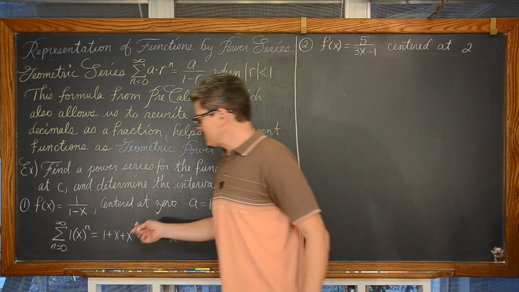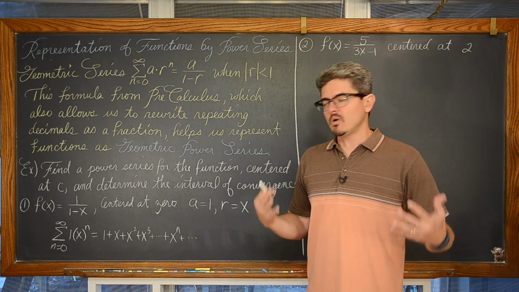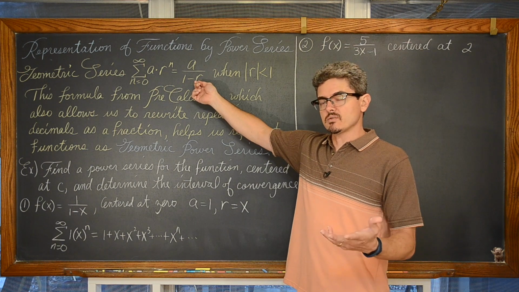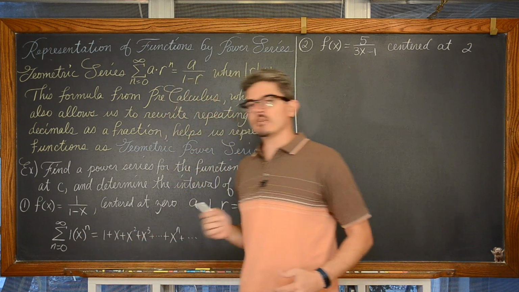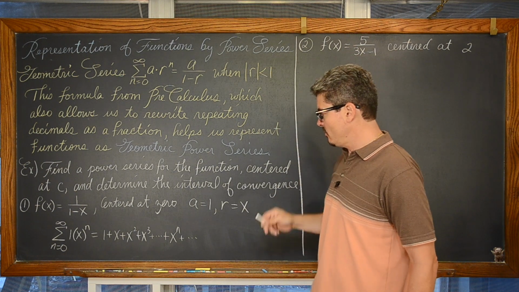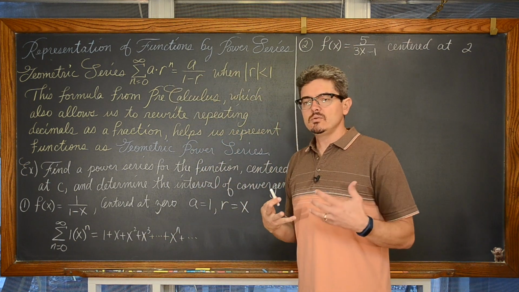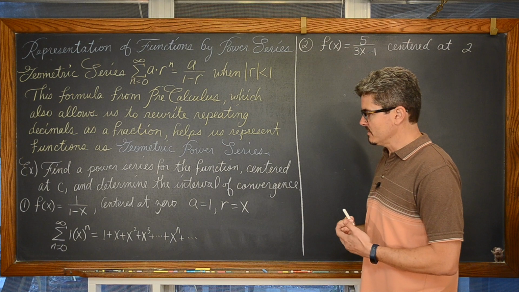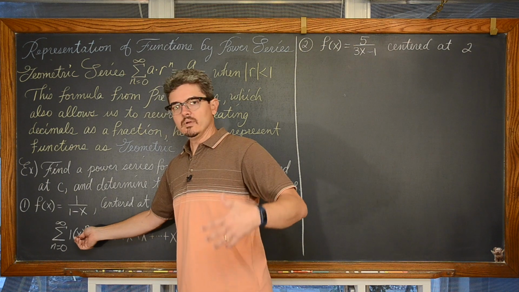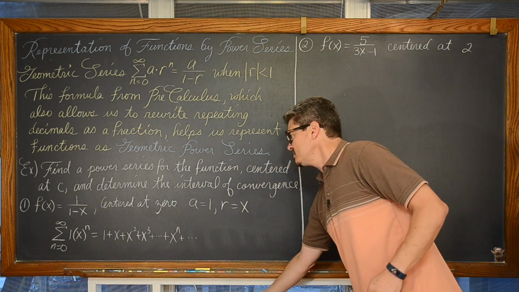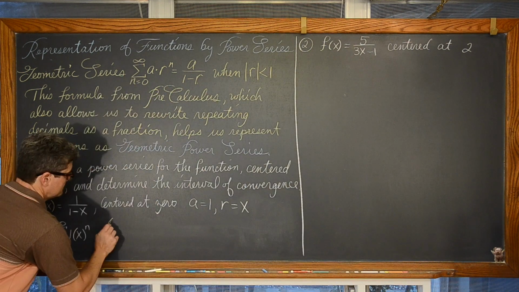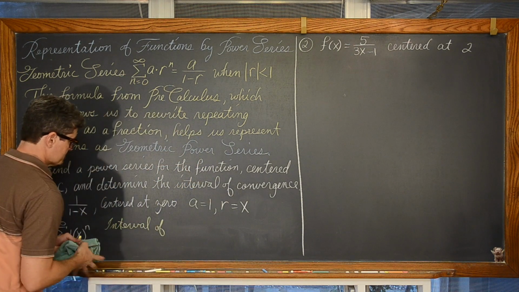But this geometric series is not going to give you a valid answer all the time, right? An infinite geometric series only gives you a valid answer when that series converges, when the absolute value of r is less than 1. So when is this series going to give us a valid answer? Well, the r value, the absolute value of x, has to be less than 1. We're finding an interval of convergence. Actually, not an interval of convergence, but a radius of convergence.